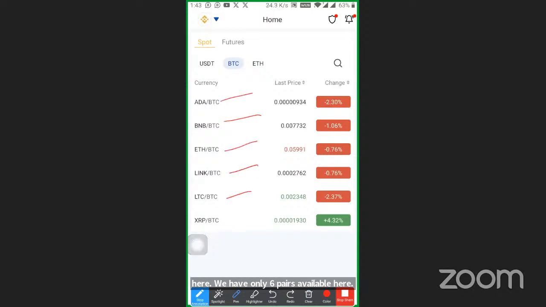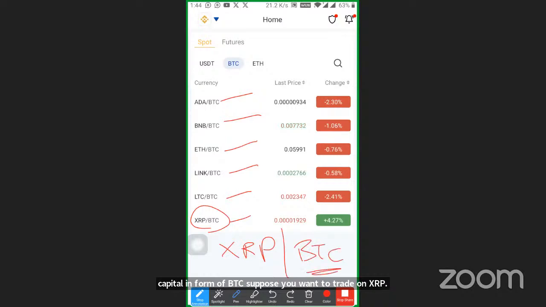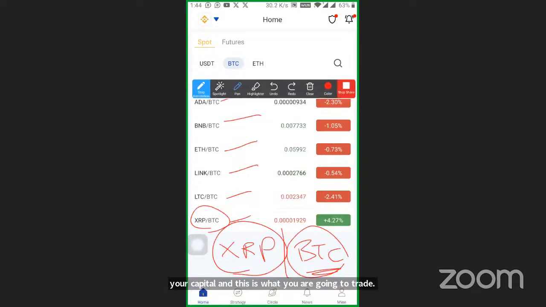And each pair has a common currency, that is Bitcoin, BTC. So how does this help you to accumulate BTC? If you have a capital in form of BTC, suppose you want to trade on XRP and you want to trade with your BTC capital. So this is your capital and this is what you are going to trade. So how this happens? This happens when